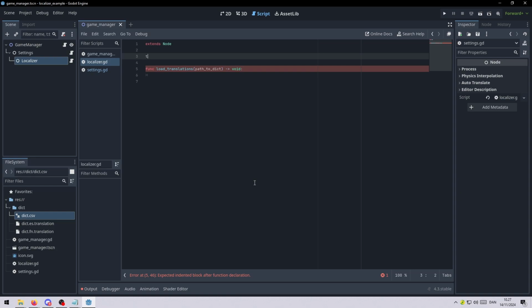So we make a translations, which will be an empty dictionary at the beginning. So type onready here, just so we have it all. And I don't typecast this because it's a dictionary of dictionaries, so I don't know if that's going to mess up Godot. But basically what it does is that when we access the translations, we say